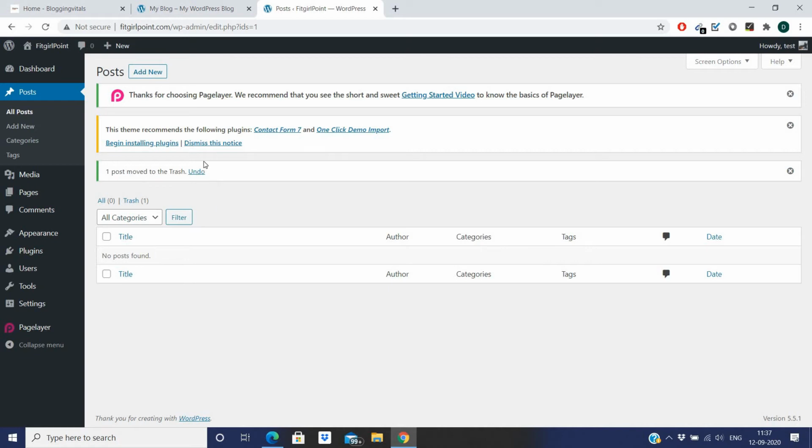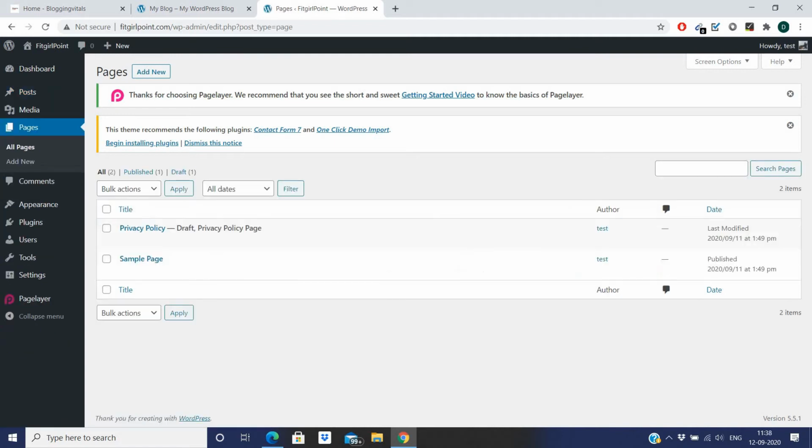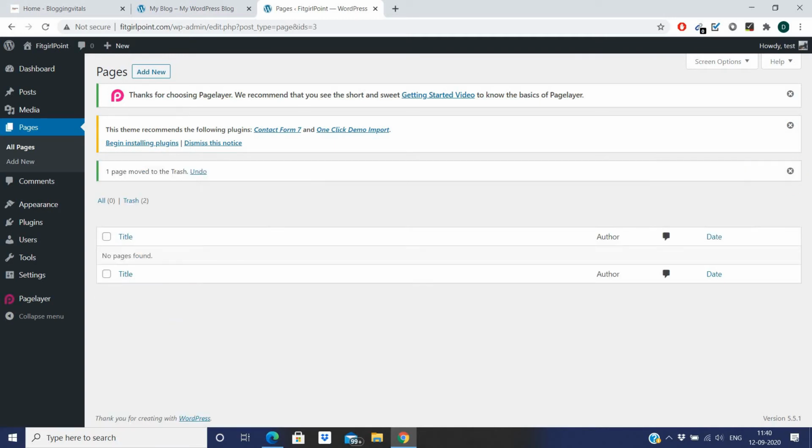You can undo this operation, but I am not going to do that. So now go to the pages section and go to all pages, and as you can see there are two pages. One is the sample page and another is the privacy policy. So trash them, and as you can see there are no pages found.